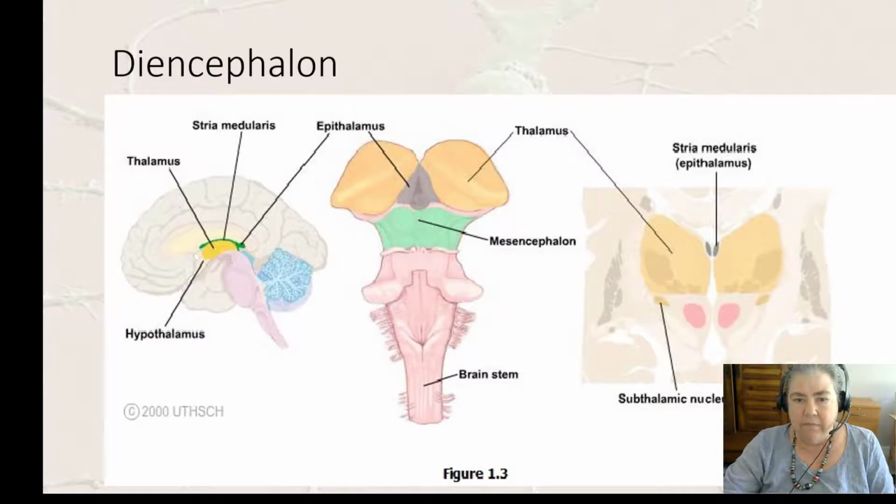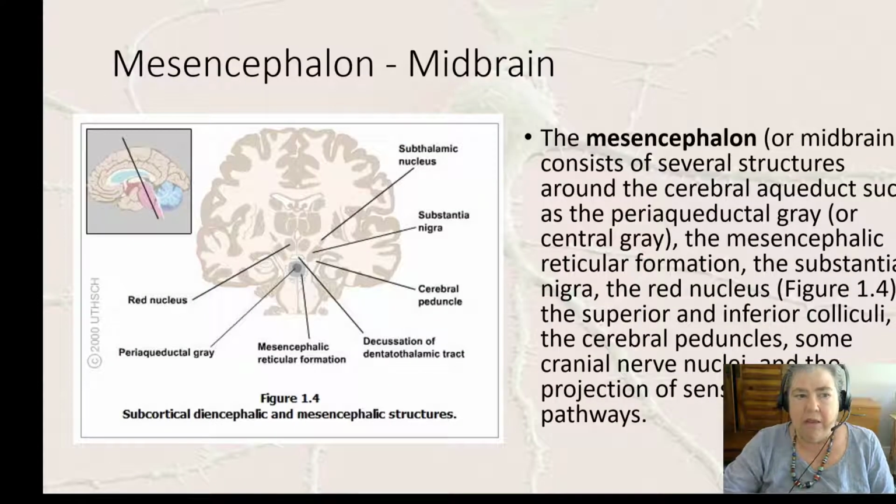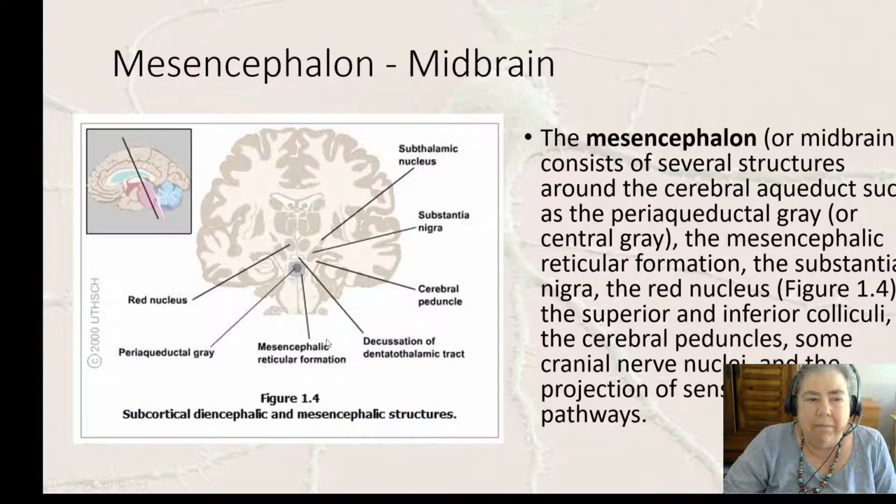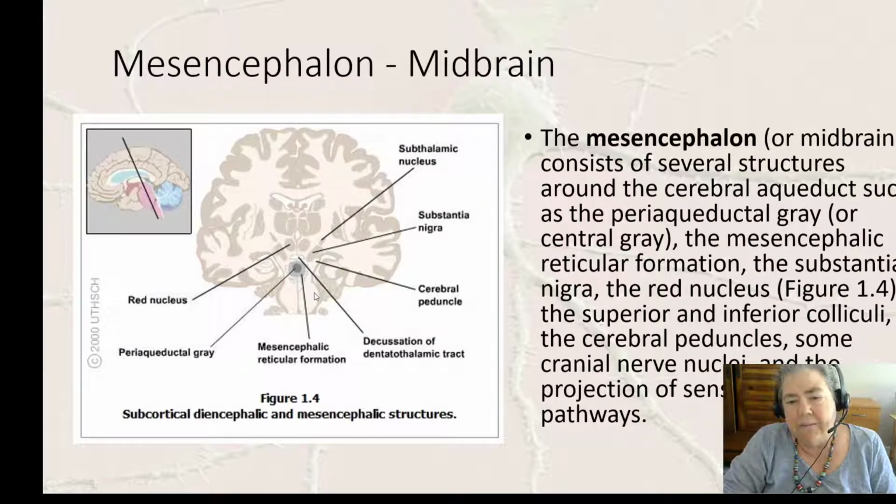The mesencephalon becomes the midbrain, and it is part of the brain stem. It surrounds the aqueduct, which is a little tube through which cerebrospinal fluid flows, and includes some other structures, a number of cranial nerve nuclei, and some structures that are extremely important in movement, the substantia nigra,